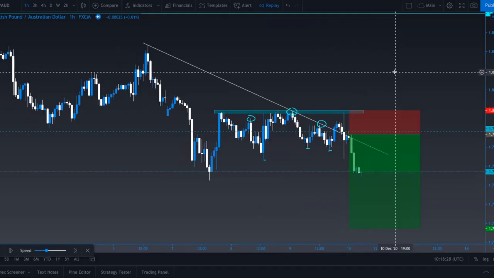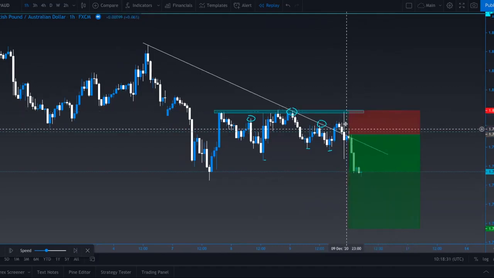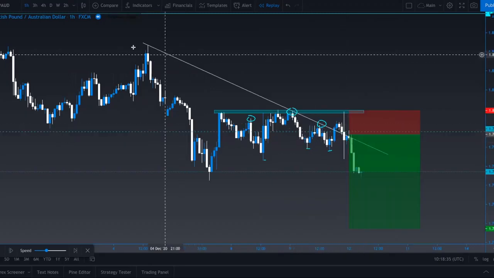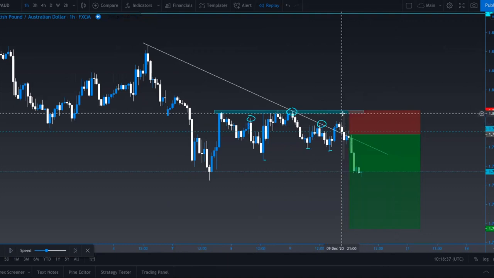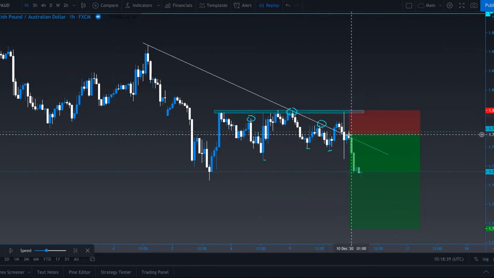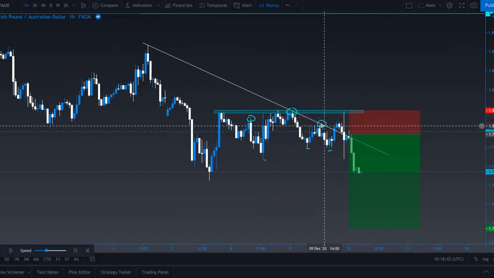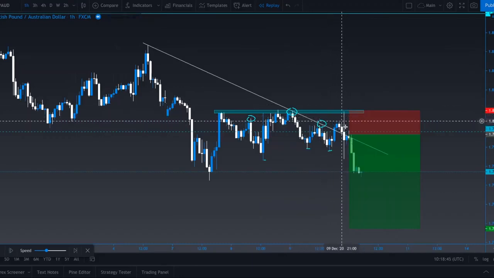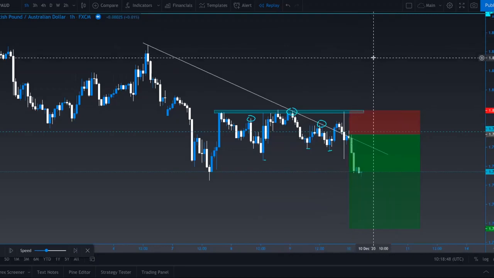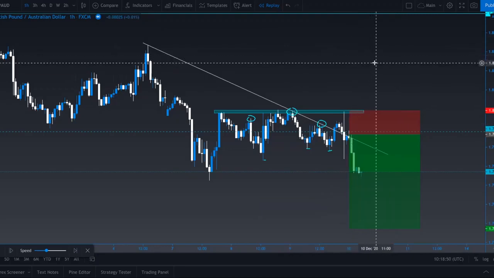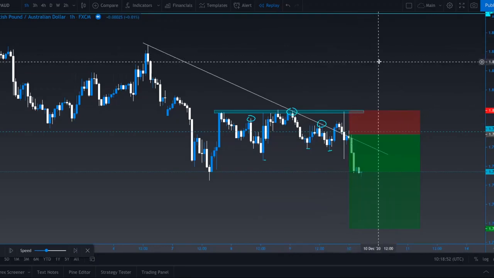And that's how you do it. Whenever we have these stop hunts, once we break back below whatever it is that we may be trading, so in this example, this trend line, once we break back below and we can see we're respecting it, we don't want to be emotional. We don't want to say, oh, well, I've just been stopped out here. Let's say if we took a 1% loss here, I've just been stopped out here. Oh, fuck it, I'm going to move on. I'm done with pound Aussie. We don't do that. We're not emotional traders. We simply trade